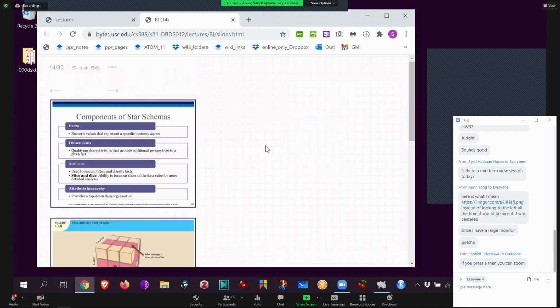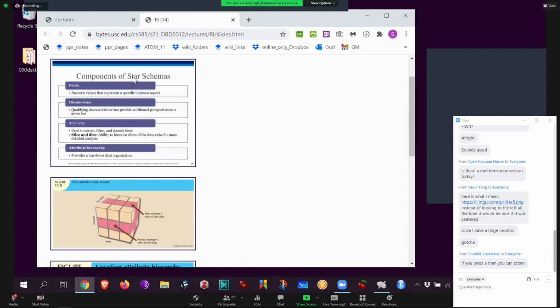Okay, so then the notion of a star happens because it's as if all the sales that really took place are in the middle, and all those columns that are named like location, time, product are like points on a star, meaning the columns all go around. That's what this is. And again, the columns are called dimensions, okay? So dimensions, columns, attributes, they all mean the same thing. Okay. So that is eventually what you're utilizing in there.